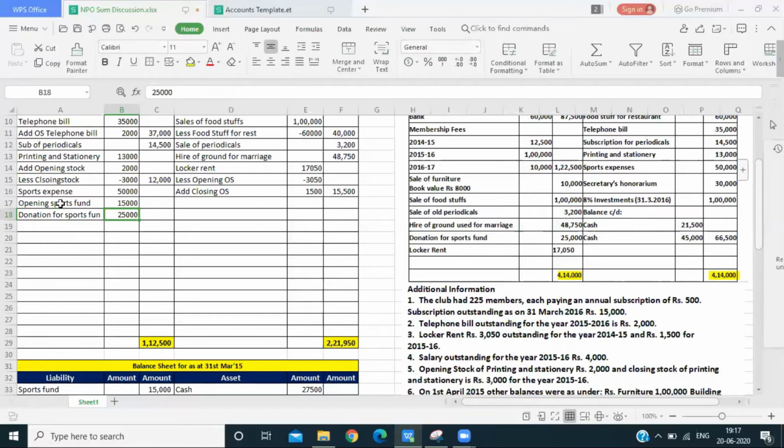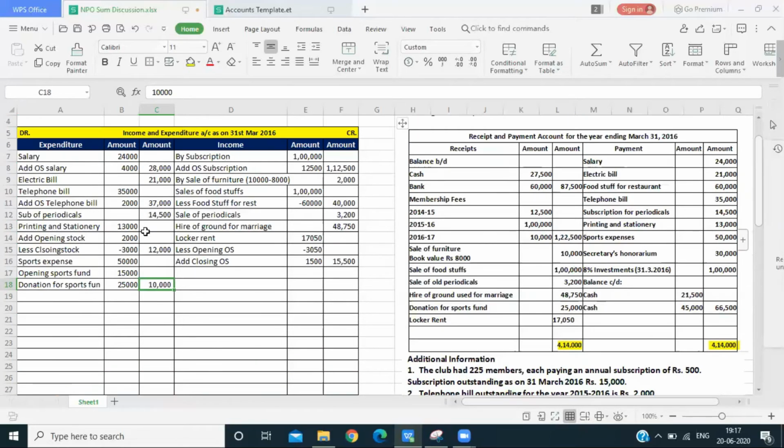So in total, if you see, we have an income of rupees 40,000, whereas our expense is 50,000. So our net expense is only rupees 10,000. Why is this 10,000? There is an expense of 50,000 as well as an income of 40,000. When we net off both the income and expense, the expense is more by rupees 10,000. So we will show only the 10,000 in the income and expenditure account.